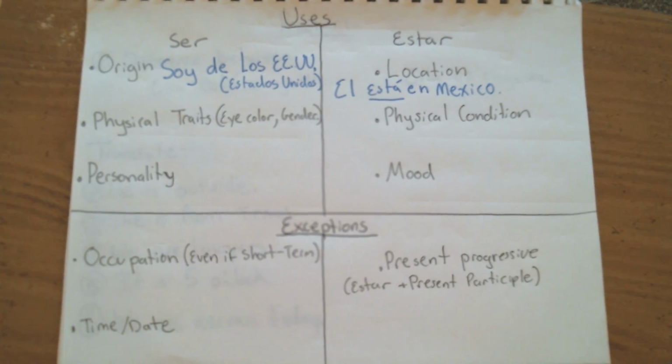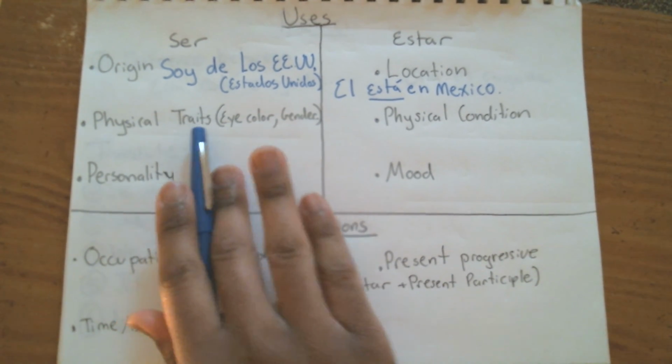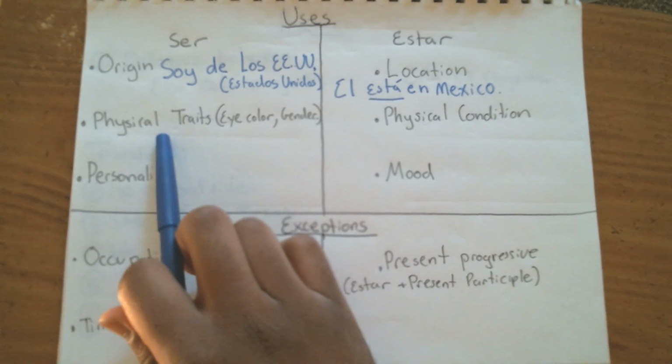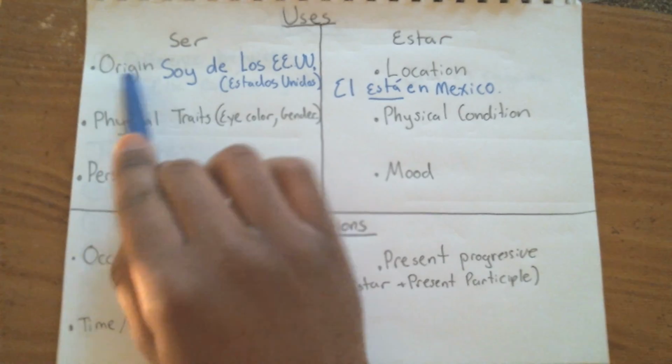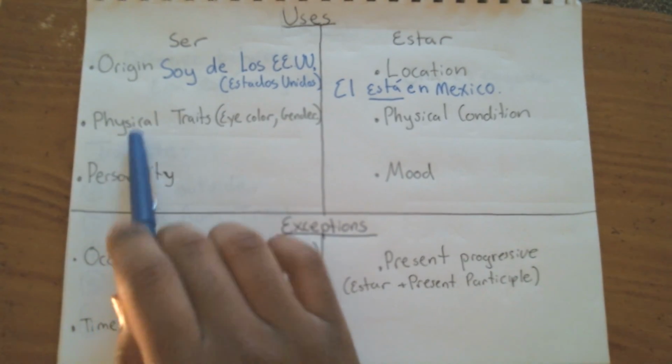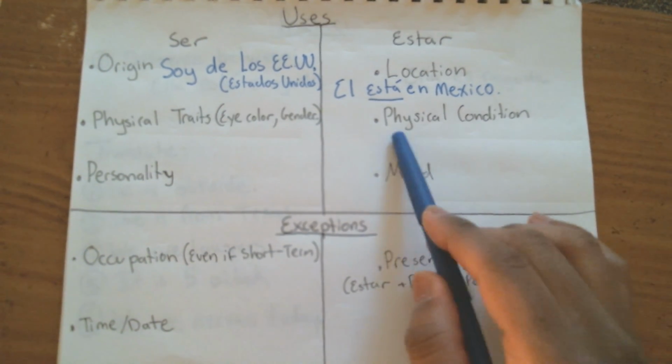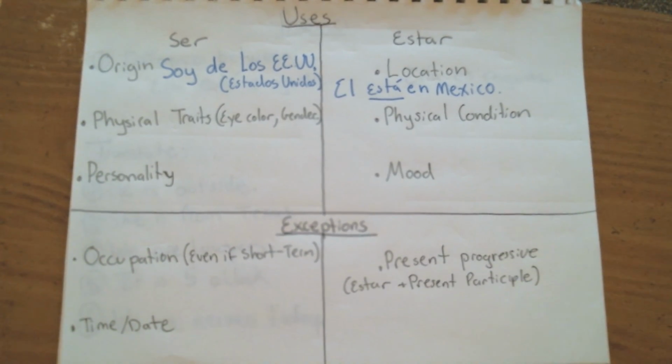So in general, when asking about the difference between ser and estar, ask yourself, is the thing I'm talking about something that could change? If it could change, then you want to use estar. But if it's permanent, you want to use ser. Now, you use both ser and estar to talk about someone physically, but you use them for different things. Like if you're talking about things the person was born with, again, going back to things you're born with being permanent, use ser. If you're talking about how that person's feeling right now, use estar.